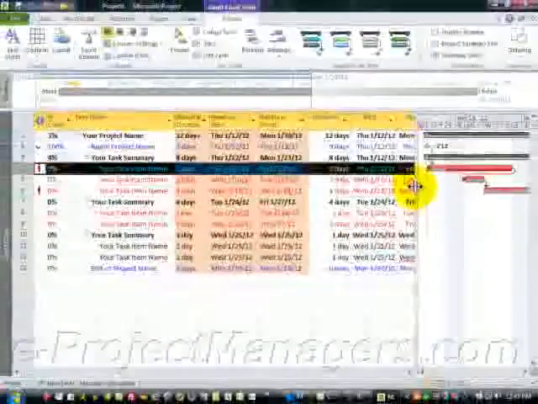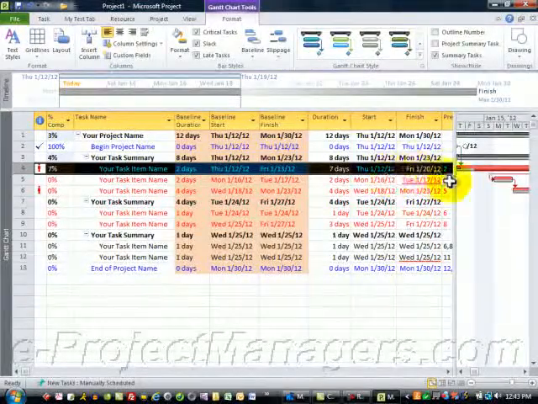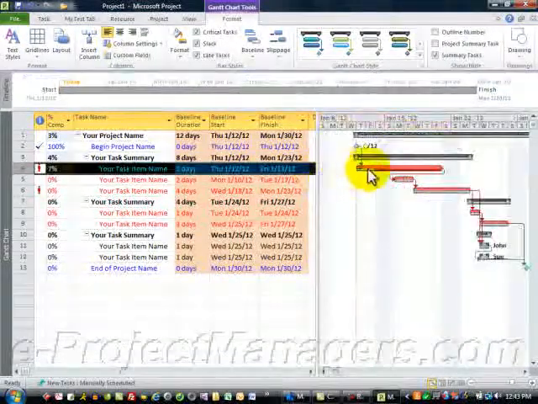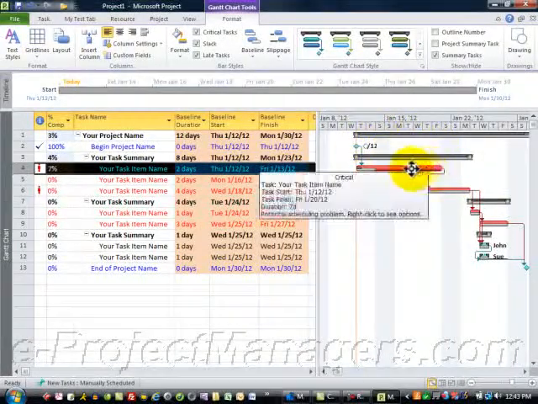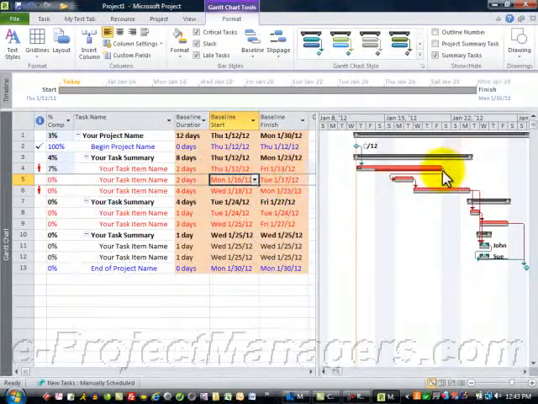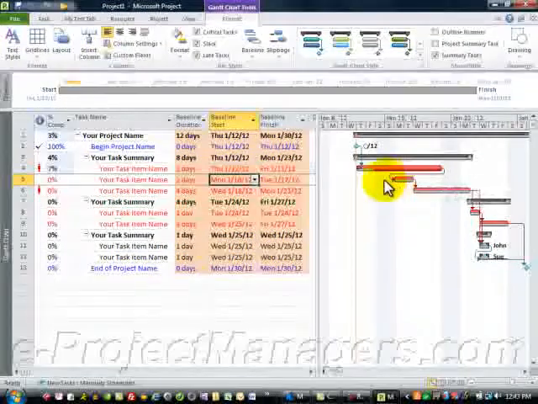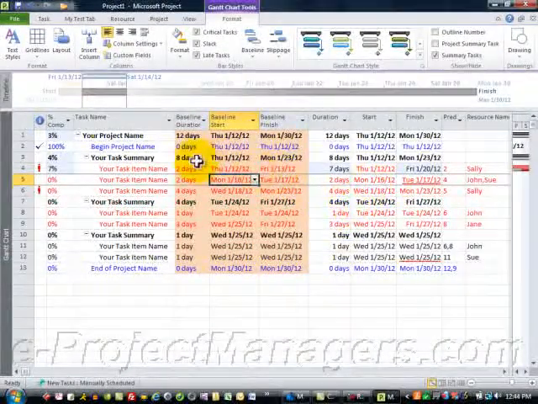Now because we changed that and we made it go out over a week, then the Gantt bar here is showing over a week in time. This is the task here. If the task is critical, meaning there's no slack, and you can see the baseline. Now another detail I want to share with you is